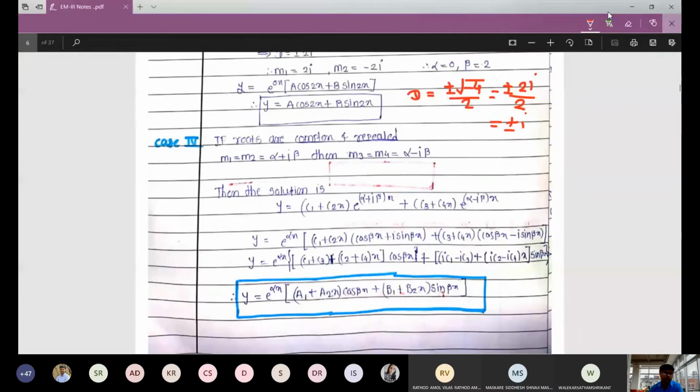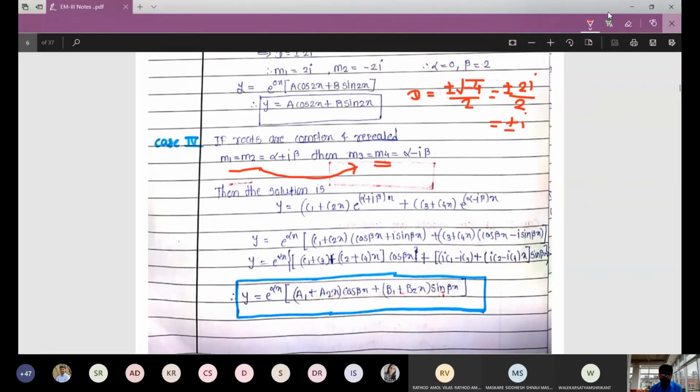That is, if roots are complex and repeated, in that case what? So we are dealing with complex roots, and some of the complex roots get repeated. For example, if we have m1 is equal to m2 is equal to alpha plus i beta, that means we have a complex root which gets repeated. As I told you, by default you are going to get the complex conjugate as a root. So it is repeated twice, that's why its complex conjugate also gets repeated twice. So we have two more roots, m3 is equal to m4 is equal to alpha minus i beta. Okay, so don't think about that.